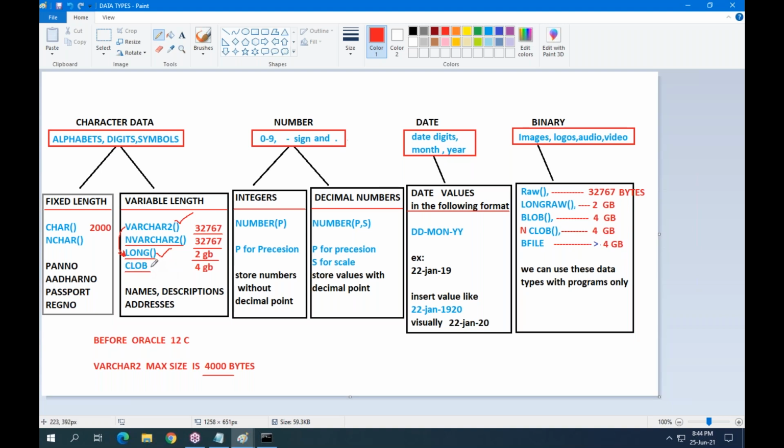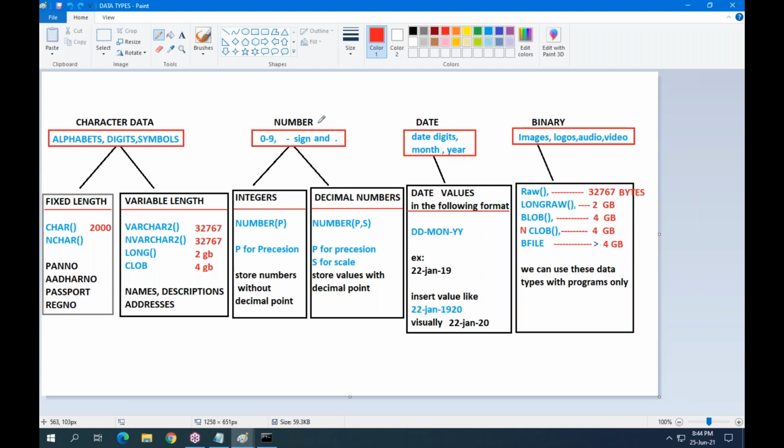It will store character values with the maximum size 4 GB. So remember, to store variable length character values, we can use varchar2. Okay. Next, this is about character data types.